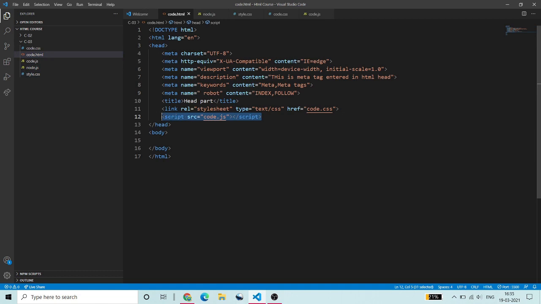I can again write the script tag and attach the node.js with my file. I can type the link tag and attach style.css with my file. As many files as you want to have coded, you can attach them in the head tag, but you can't attach them inside the body tag because the body tag will not render it.